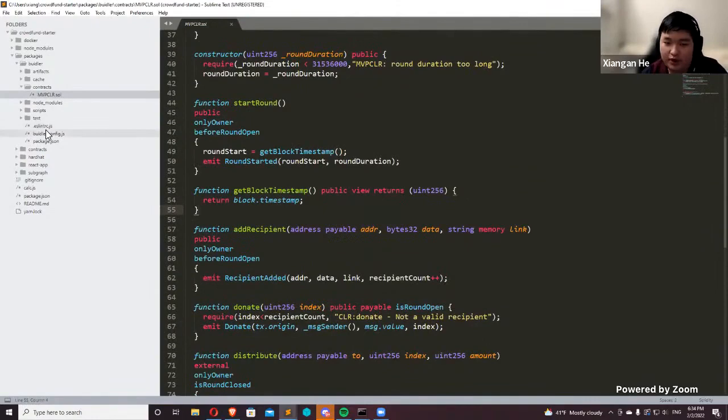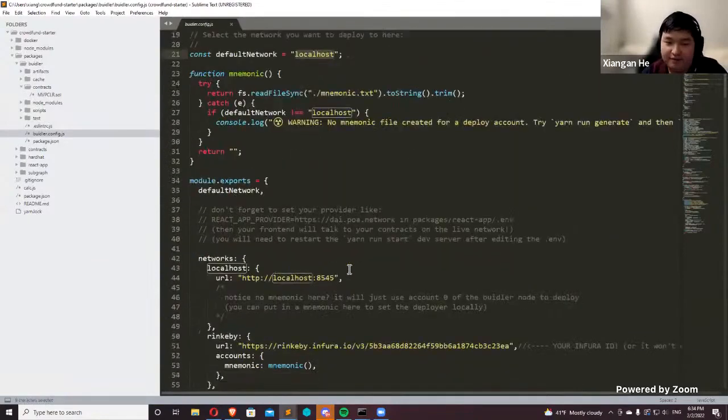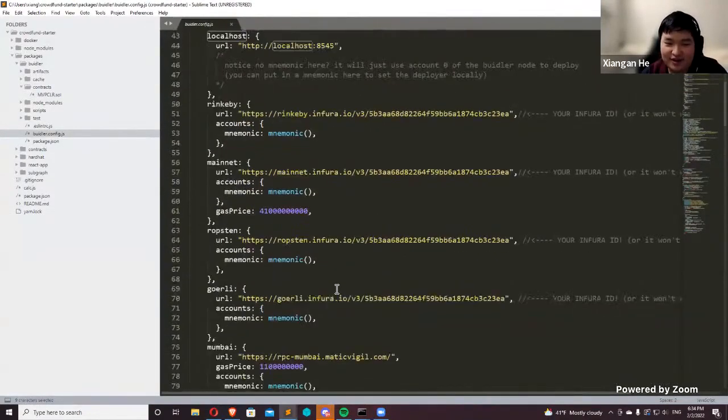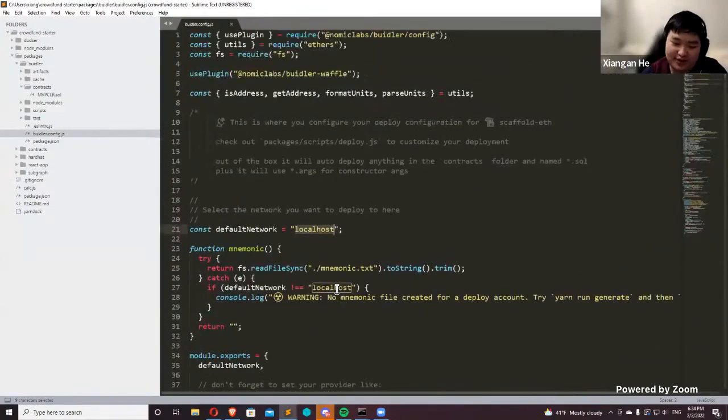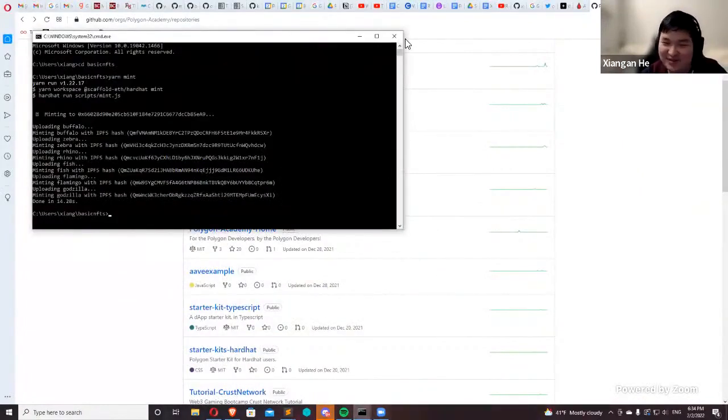I won't go over this way too much, just for the sake of this being a beginner's workshop. But as I said earlier, this is all you need to do to deploy this on Mumbai: just change this to Mumbai. But I'm just going to show you the fact that localhost works. I'm going to reserve the pleasure of switching this to Mumbai for you. Right, I know, right? I'm so kind. Anyways,